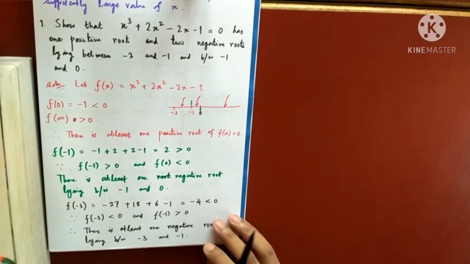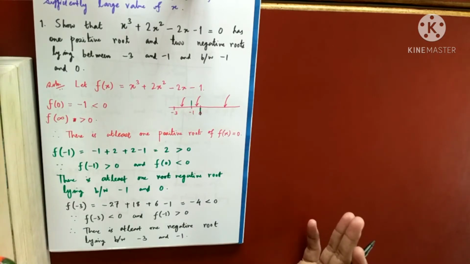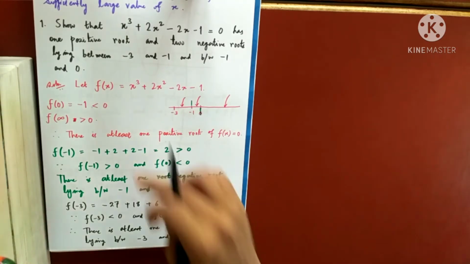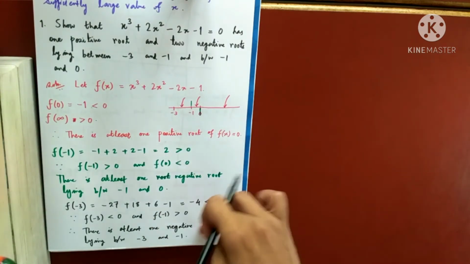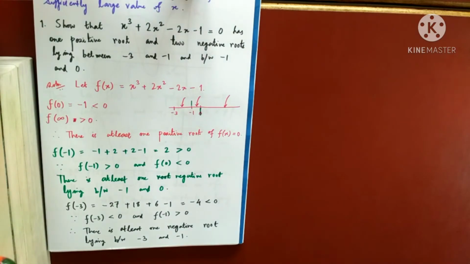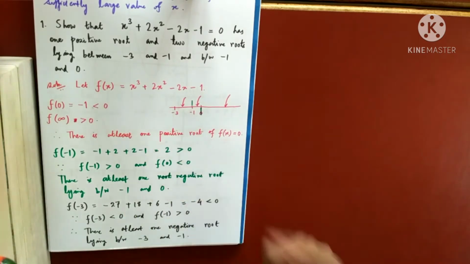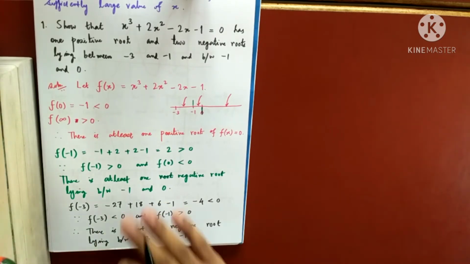So the degree is 3, so it has a maximum of 3 roots, sir. Very good, very good. This is the exact answer that Jatin said. There is at least one positive root, one negative root between this and that, and a positive root. But the degree is 3. Maximum there can be 3 roots. So I have already got one root here, and one positive root. So I can say there is exactly one in each interval. So let me just write what Jatin said.